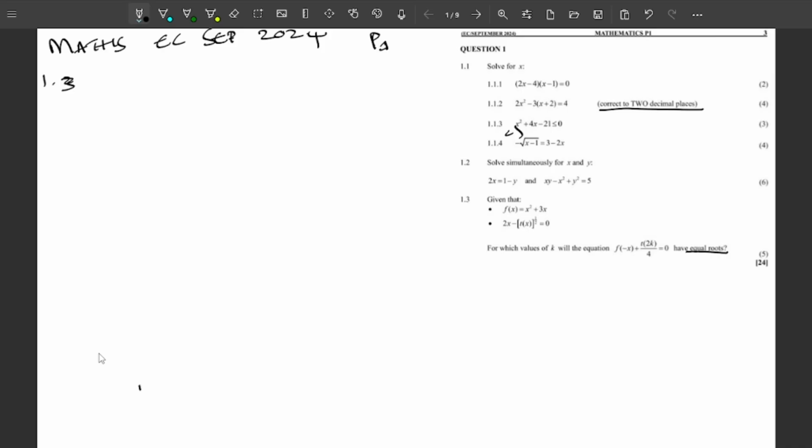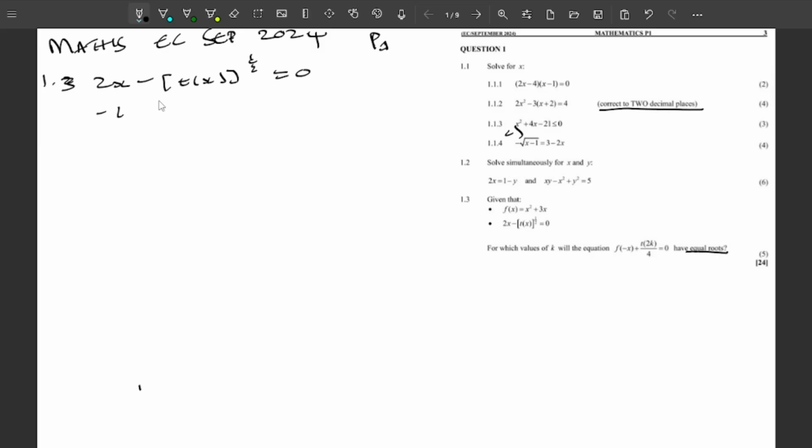So from there on, what will happen is we are going to first look at the second part of the 2x, right? So since we were given 2x minus open bracket t of x close bracket 1 over 2 is equals to 0. It's like this. So for starters, we're going to take the 2 to the other side, and we're going to have